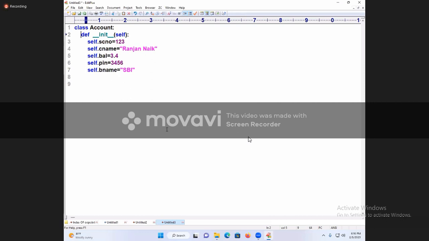What is line number 2 called? Constructor. Default constructor. Instance method. What is the definition of constructor? See, once the object is created,